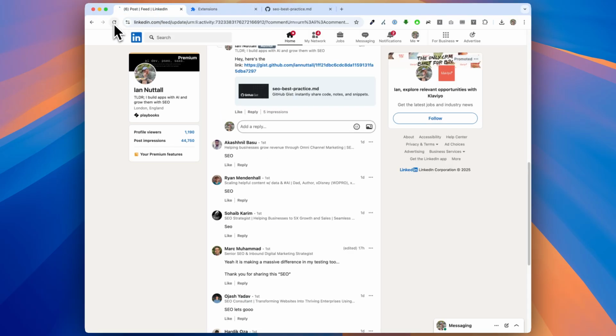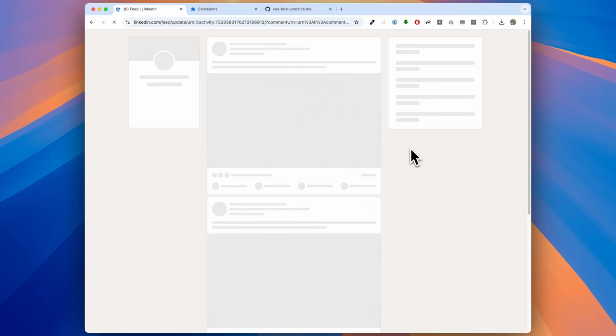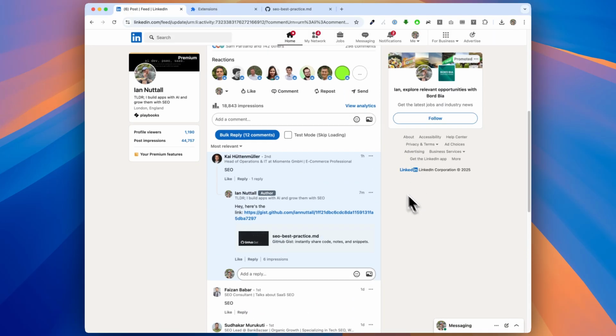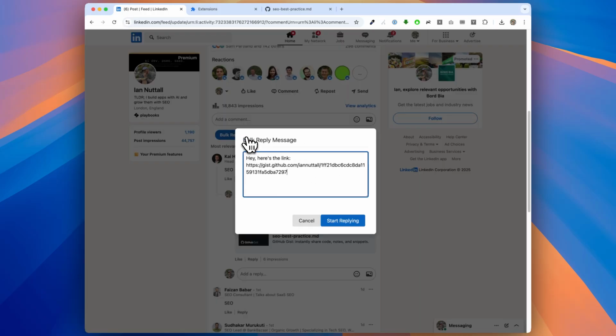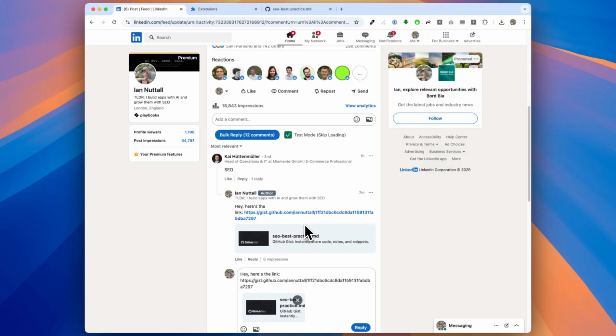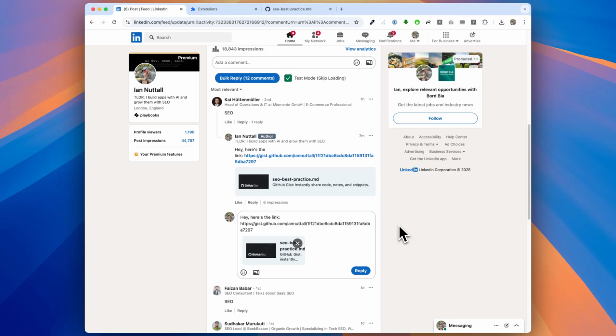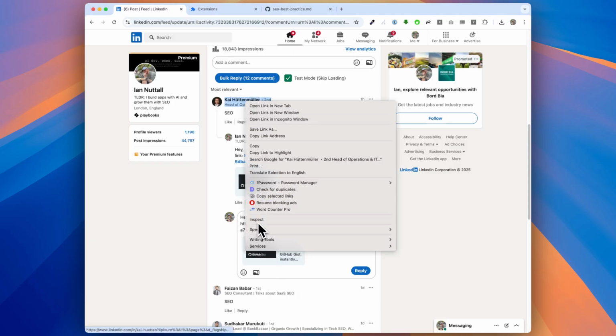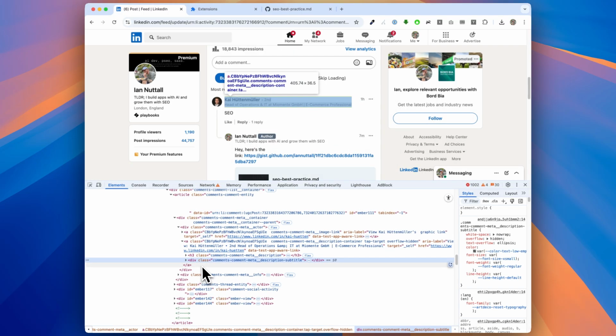Reload, bring this up here. Okay, now I've got test mode, skip loading, we'll do that. It's got the message, start replying. So it's not working, which is fine.